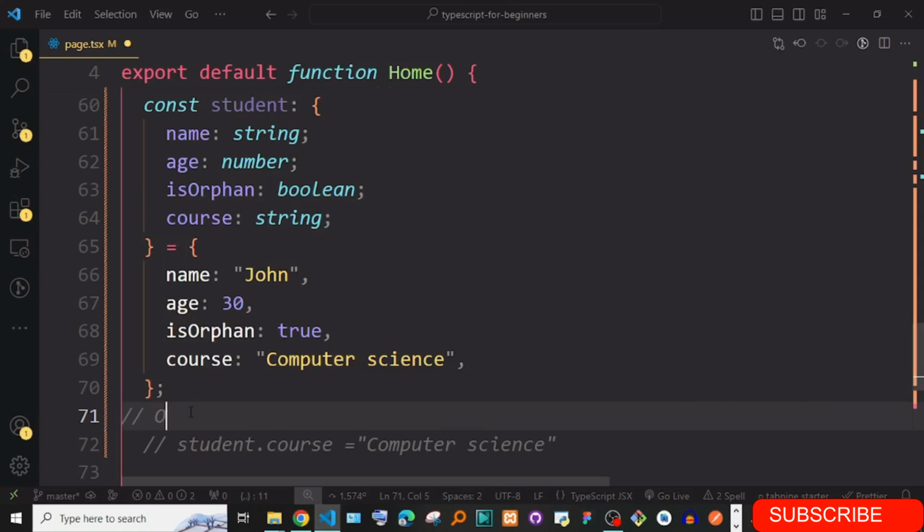Optional types is when sometimes you have, for instance, an object like this.